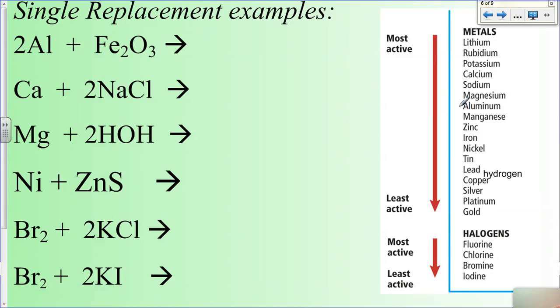Here we find aluminum. Aluminum is the single guy, and is it strong enough to kick out the iron and replace it? Well, here's the iron down here. Yes, aluminum is strong enough to break the bond here and give iron the boot and take its place. So aluminum is going to come in and bond with your oxygen. So I have two aluminums and three oxygens, so I will write